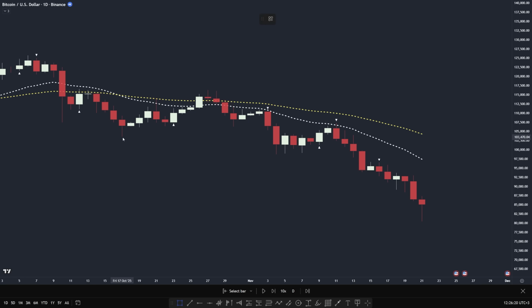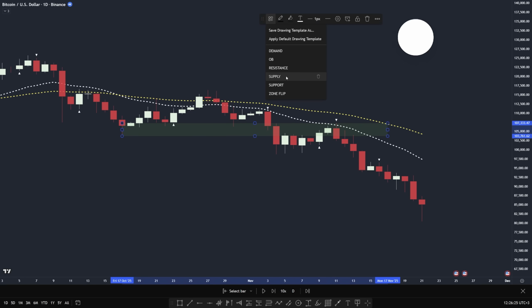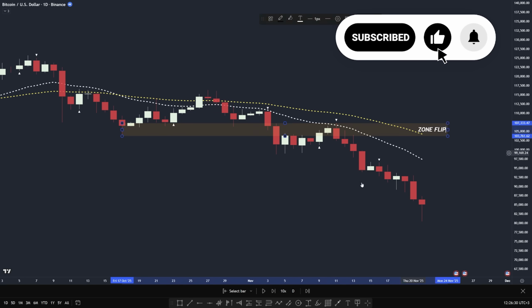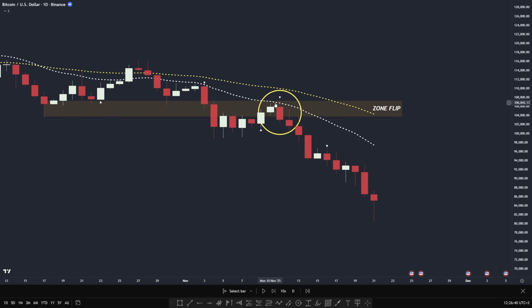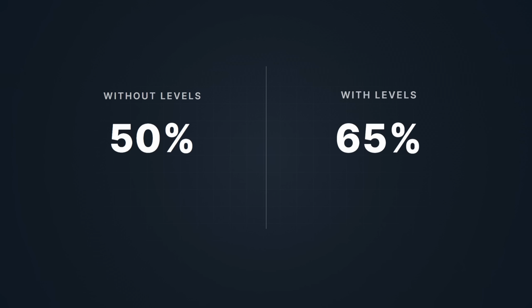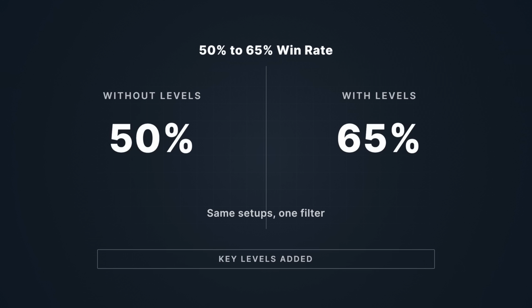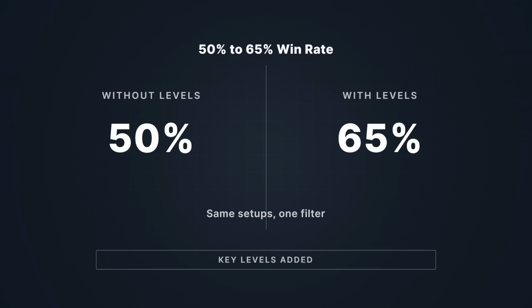But if you want to bulletproof your entries, the next layer is adding key levels, support and resistance. This single filter is the difference between a 50% and a 65% win rate on the exact same setups. That's the next video, and this is